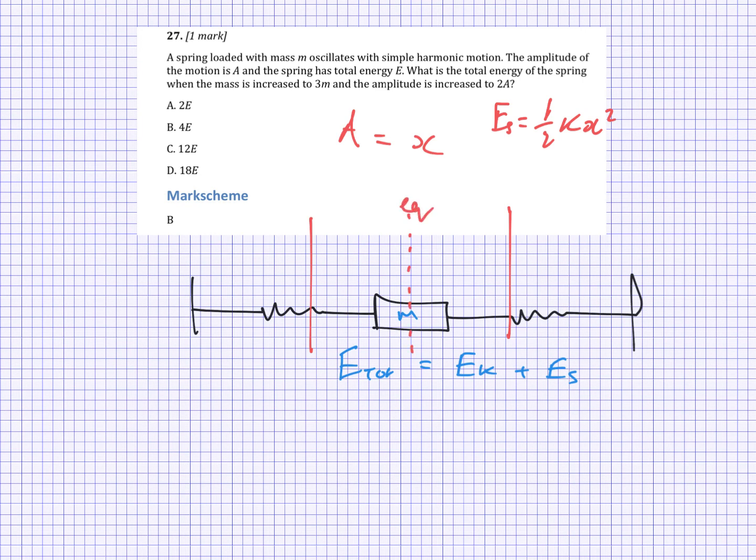So what we're really asking here is what's happening to the energy at this point. Well, at that point there is no kinetic energy, so we can cancel this right out, and we can just go with this 1/2 k, well, we'll call it a squared, and now you can see that it's just going to be 2 squared coming from the 2a. We're doubling the amplitude. 2 squared is 4, so we're increasing it by a factor of 4, so it's got to be